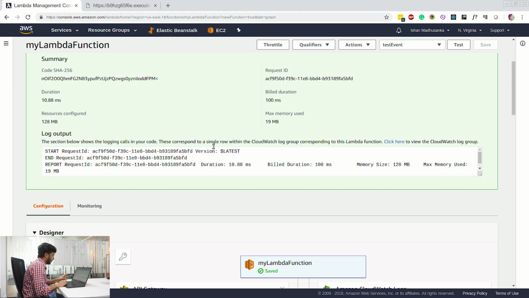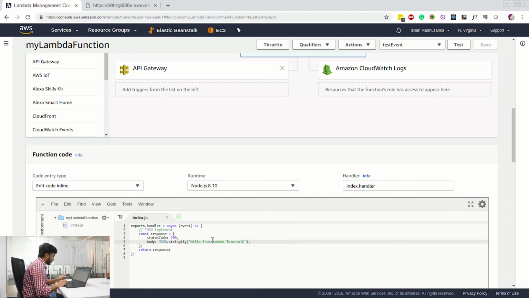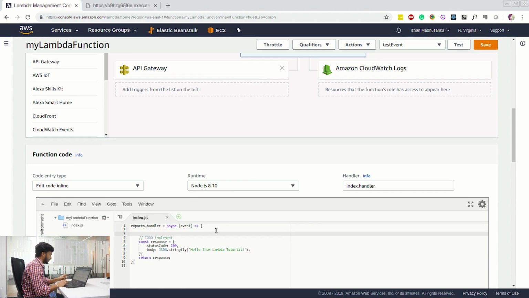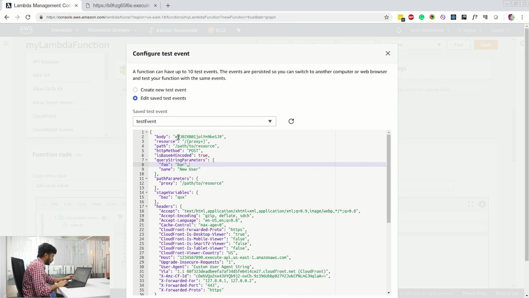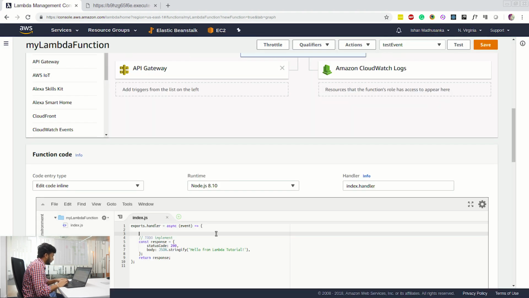So we are going to save the event, and now to access that query string parameter from our function itself, this event object is this whole object that we are receiving here with the body, the resources, HTTP method and all. And here we have these path parameters and the query string parameters. I'm going to use one of them, the key name from the query string parameters. So first of all, let's just log it in the console and see what's there. It's just query string